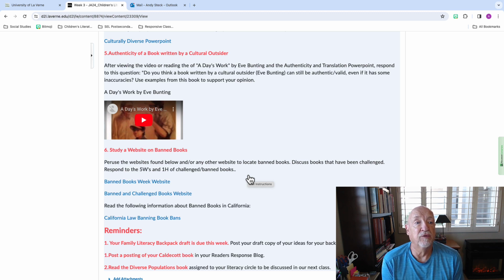And if you remember or you will see from the PowerPoint on culturally diverse books, that culturally diverse books are both mirrors and windows. Mirrors that students can see themselves in. Our diverse students can see themselves in books, and then windows for people who are not of that culture, who might be learning about that culture and will have a better understanding of that culture.